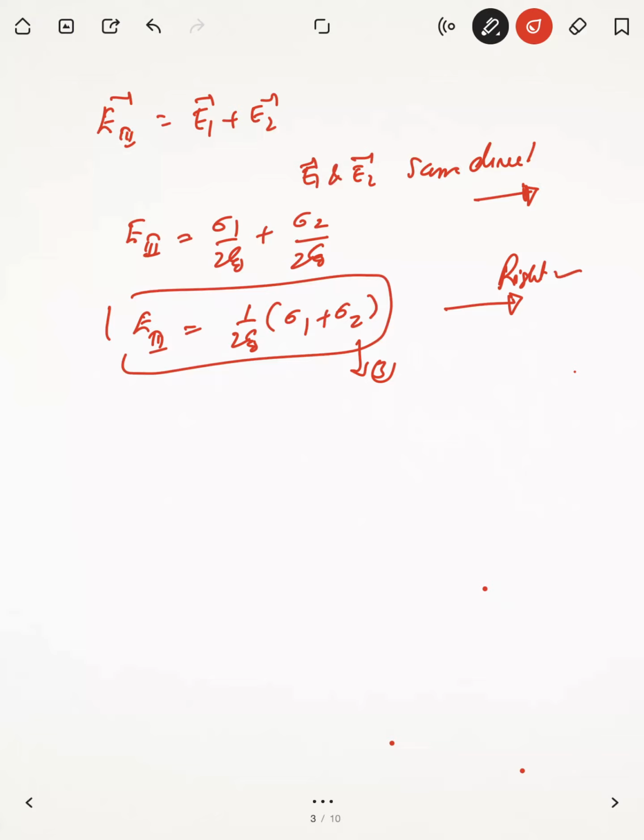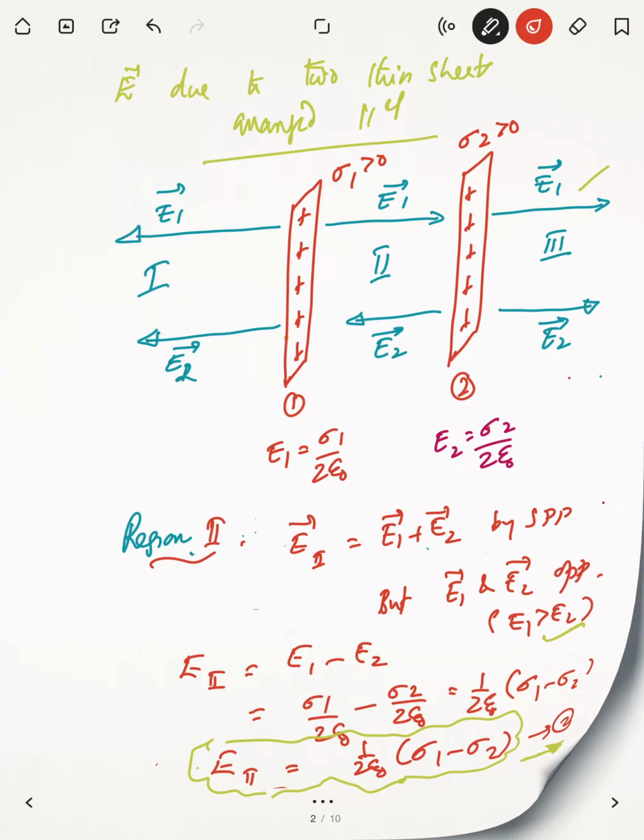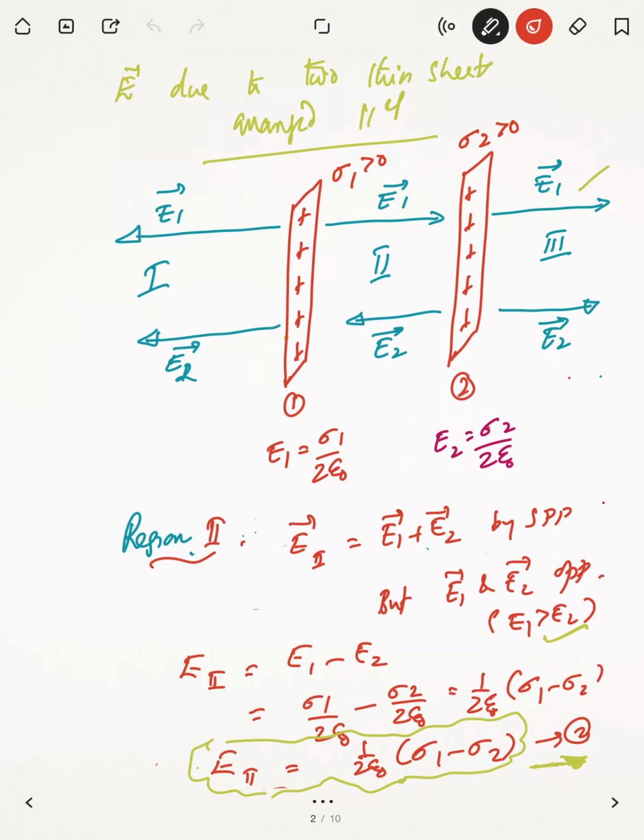So we have found the electric field in the first, second and third regions. You can see the arrangement. Here, this is your page. First region electric field we calculated. Second region electric field is calculated. Third region also electric field is calculated. So electric field in the first and third regions are equal in magnitude because they are added. Here it is toward the right side, net electric field. Here it is toward the left side. And in between it is given by 1 by 2 epsilon 0 sigma 1 minus sigma 2, given by equation number 2.